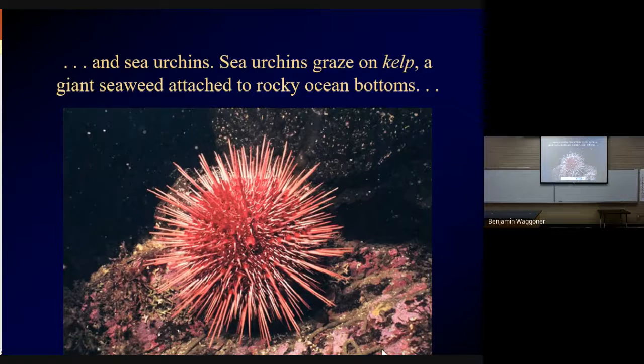They also feed on these critters. These are sea urchins, distant cousins of starfish. And the reason this matters is that sea urchins graze on giant seaweed that's attached to rocky ocean bottoms off the coast of northern and central California. Giant seaweeds known as kelp,